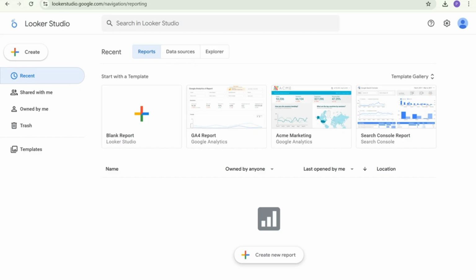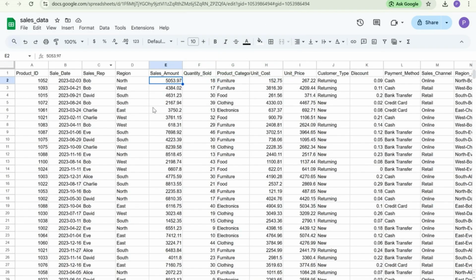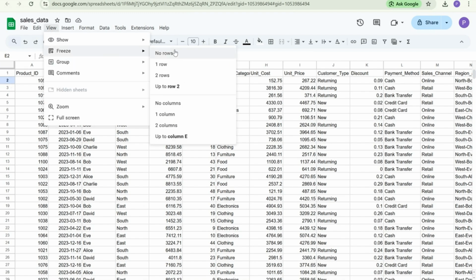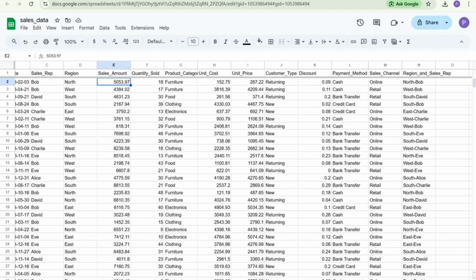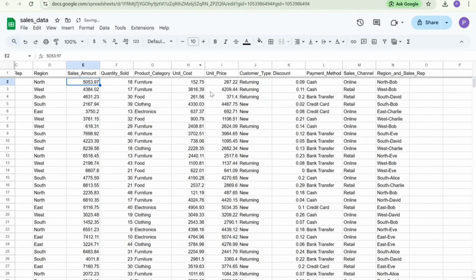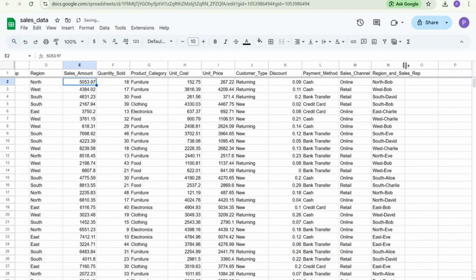So let's first look into the data set. This is the data set we have, the sales data set. Here we have a column for product IDs, sales date, sales representation, region, sales amount, quantity sold, product category, unit cost. So these are all the columns we have,